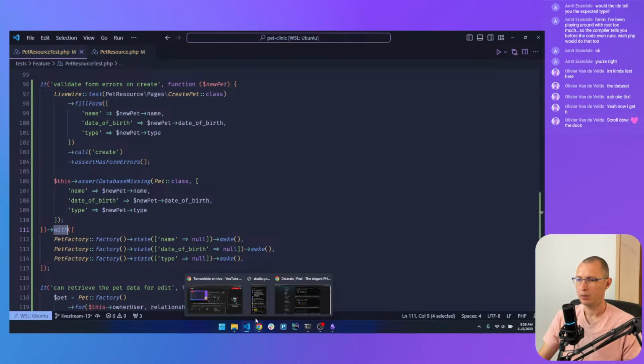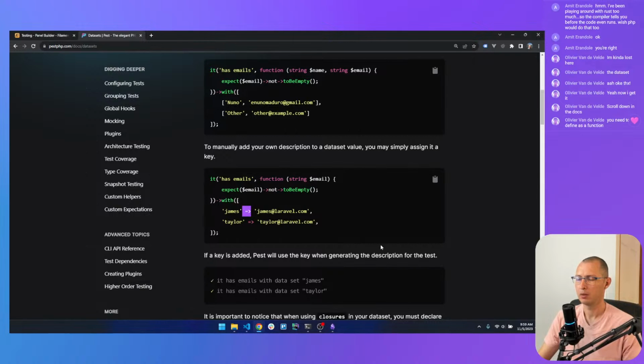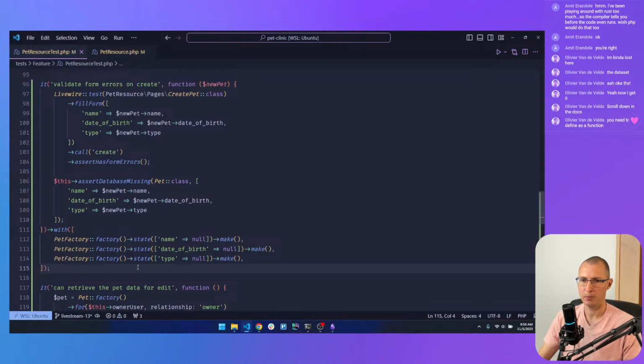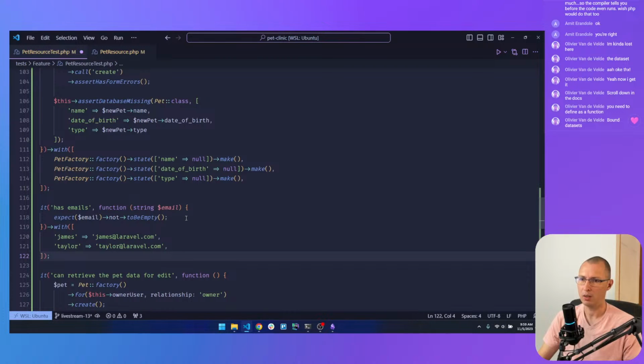Yeah, let me go back to the docs real quick. What happens if I just... Let me copy this real quick. I'm going to copy this test as an example. I'm going to put it here. Has nothing to do with our pet. Bound datasets.